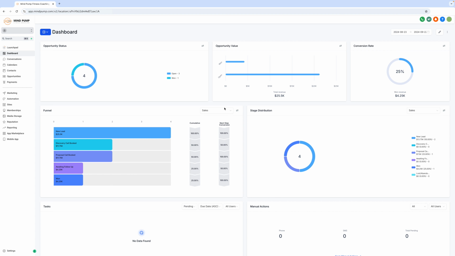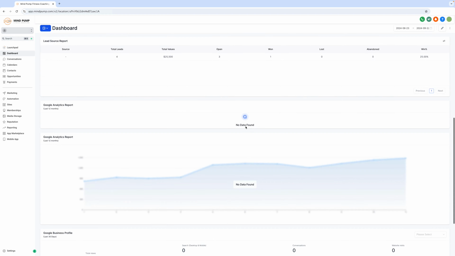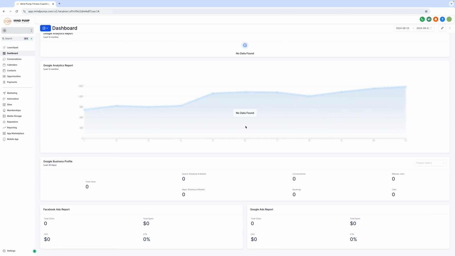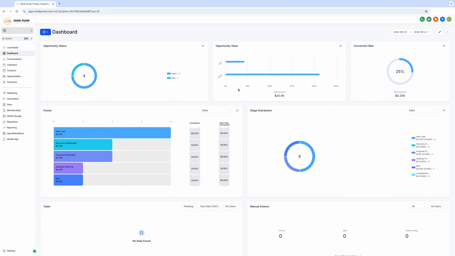So to start with, every account will have a default dashboard, which will look like the following of what's here on screen right now. However, the dashboard is completely customizable. So each tile here is what's called a widget. And these widgets are entirely customizable in terms of moving them around, in terms of deleting them, and in terms